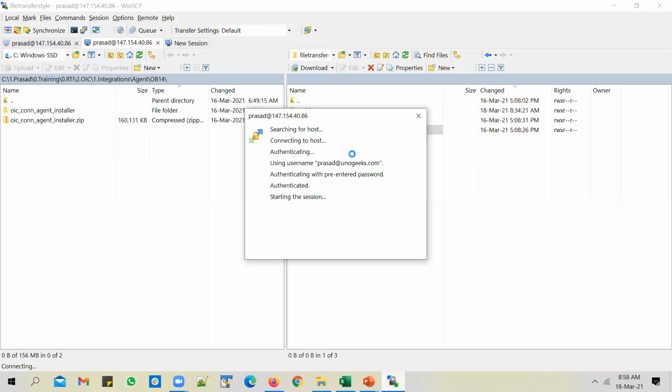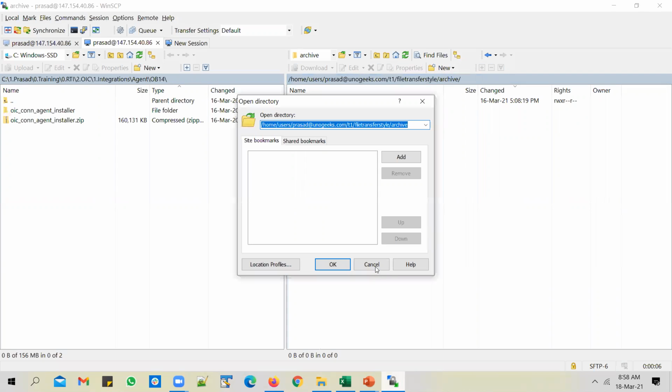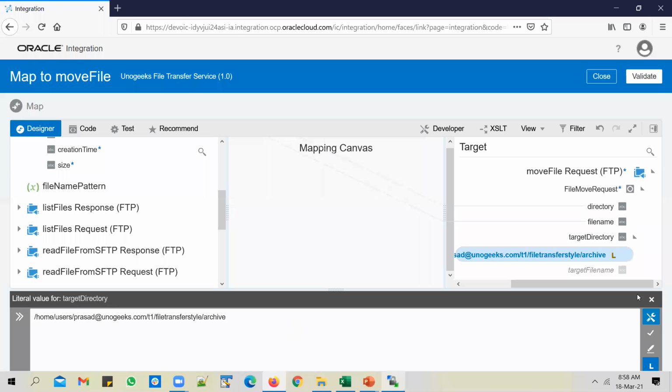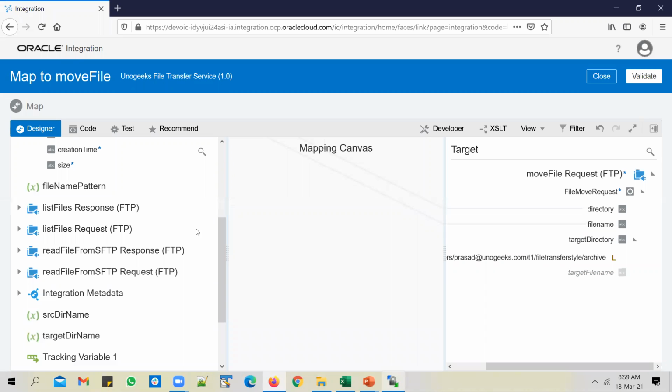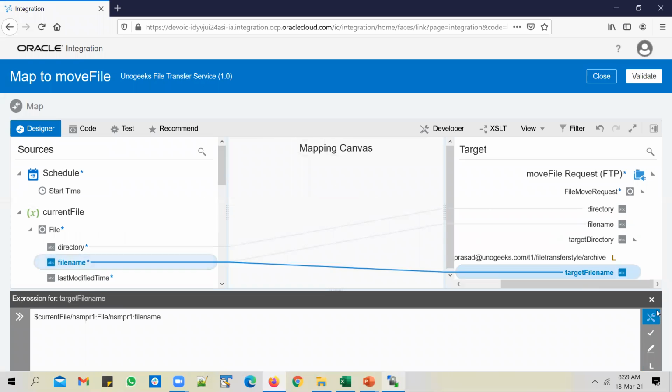Let me copy the path from SFTP. You can hard code the path here, save it. And for the target file name, we can write the file with the same name to the target directory location. That's fine, we'll keep the file name the same.